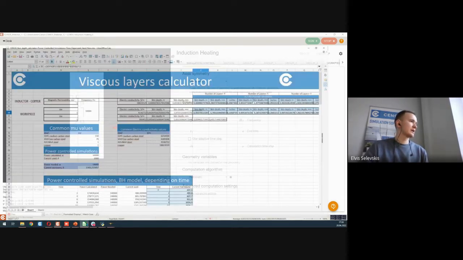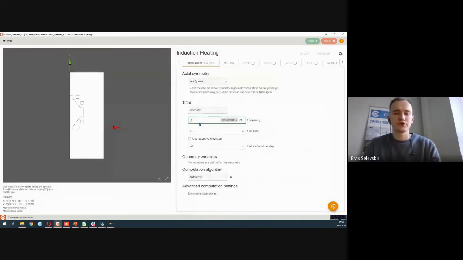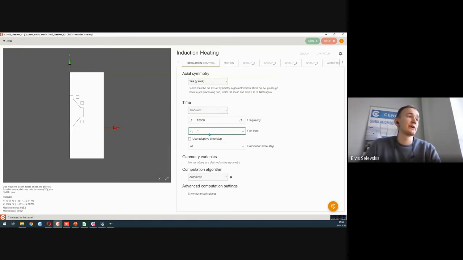The one which I inputted in the calculator was 10 kilohertz. So that's the one which I will use. 10 kilohertz. The end time depends on how long you want to heat it up. I would say let's go with 5 seconds, and you can split it up into the calculation time steps. Let's say if we would go with 0.1 seconds, so these 5 seconds would be split into smaller parts of